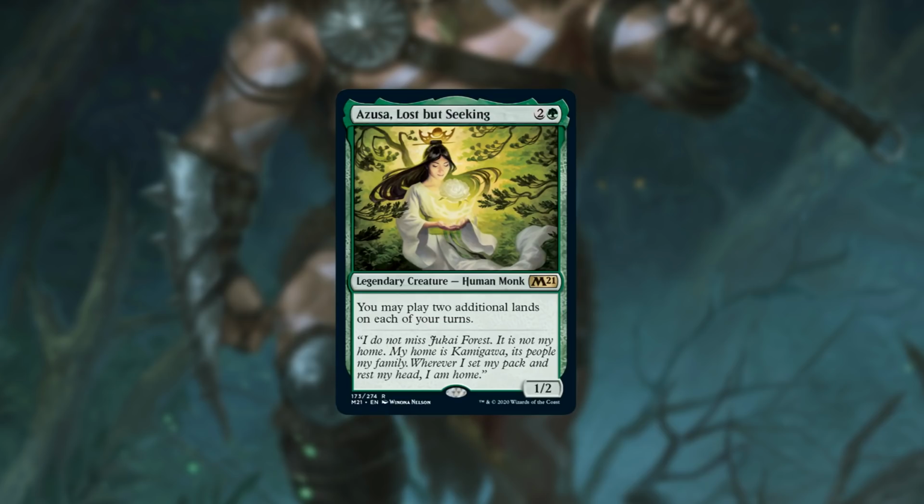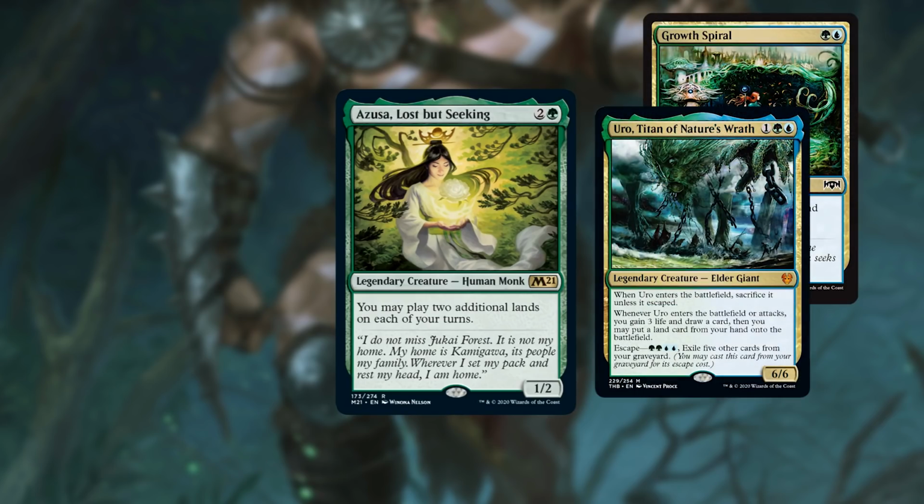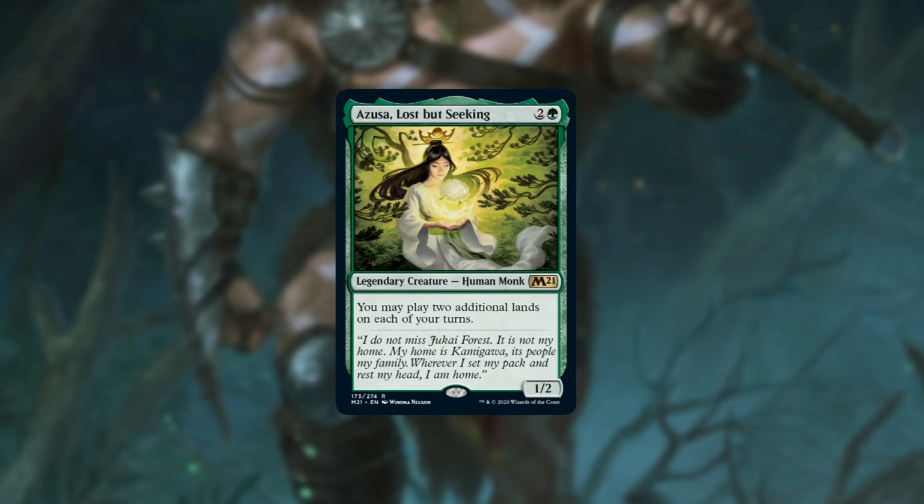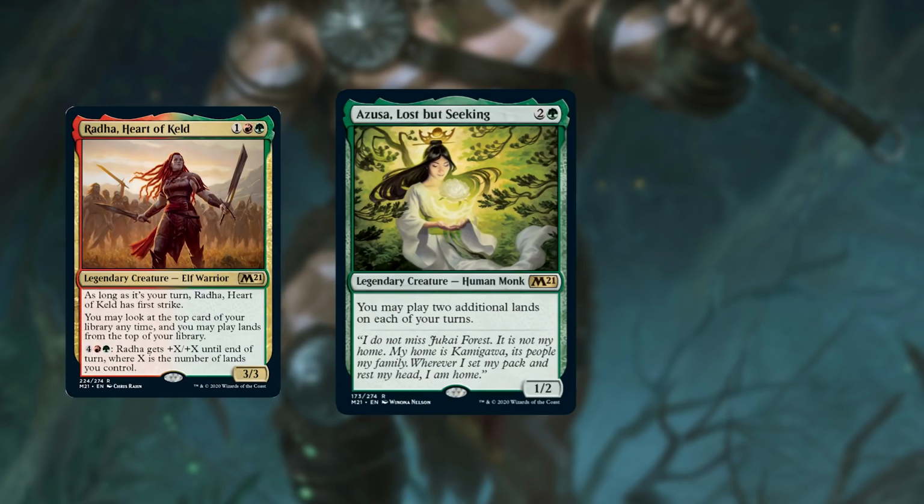So, right now it's like a buffet for ramp players, right? You have a ridiculous amount of options between Growth Spiral, Uro, this, Cultivate, and whatnot, but I just can't imagine a world where Azusa isn't good when you get to play 2 additional lands each turn. It's not like your opponent can respond to you playing the first, you just get to play it, you hold priority, right? So you can still play that, and with cards like Rada, you can play off the top of your deck now, and I just think that with how many lands decks are playing now, and certain end game threats, playing 2 lands, even once,